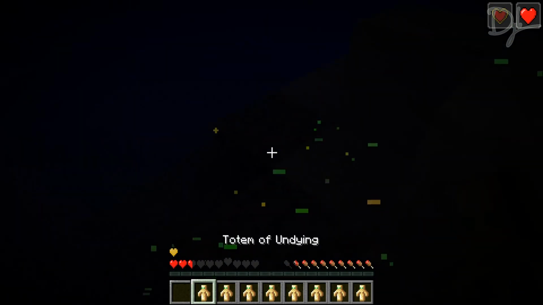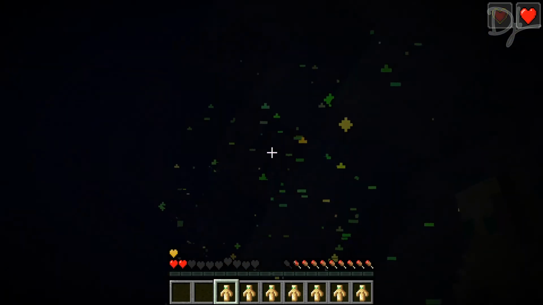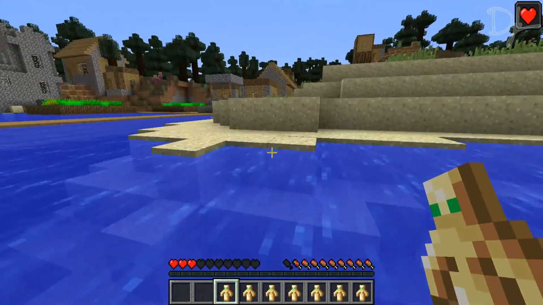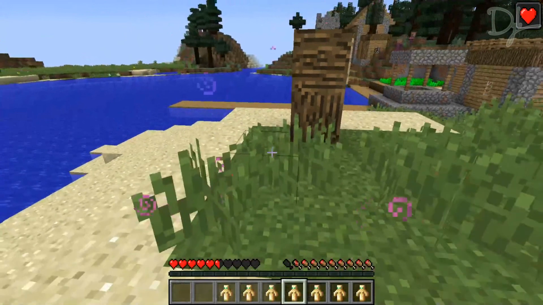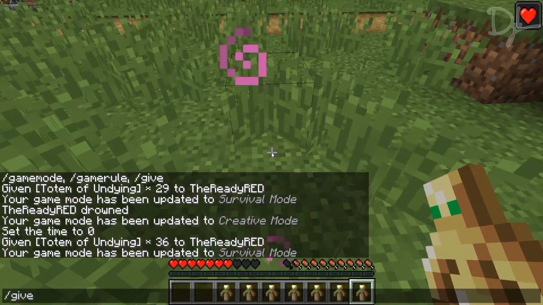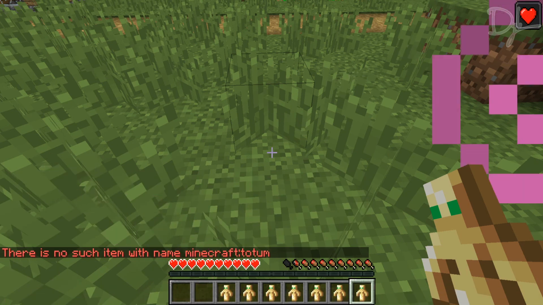I'm going to switch to the next totem. So if I still drown, will it work? It does! So that's how you can use all the totems. So that means when we go to the end, if I can manage to keep just switching down my hotbar with all my totems, or even do something like this, give me totem, if I do 64, because if you actually use the command,